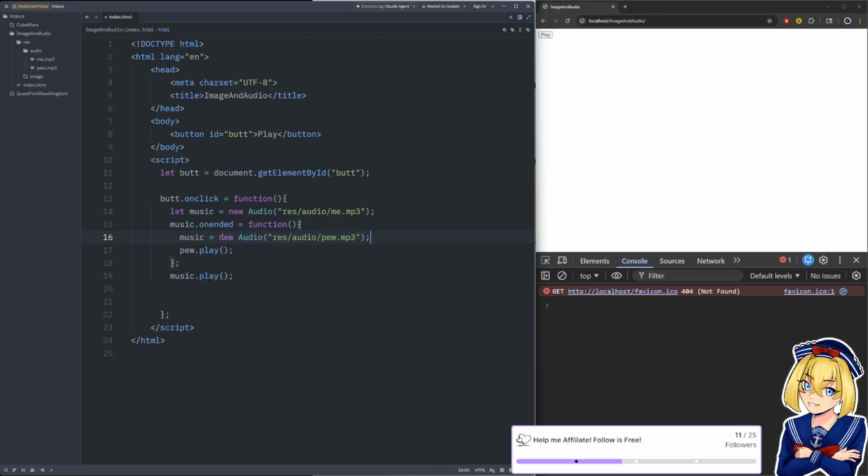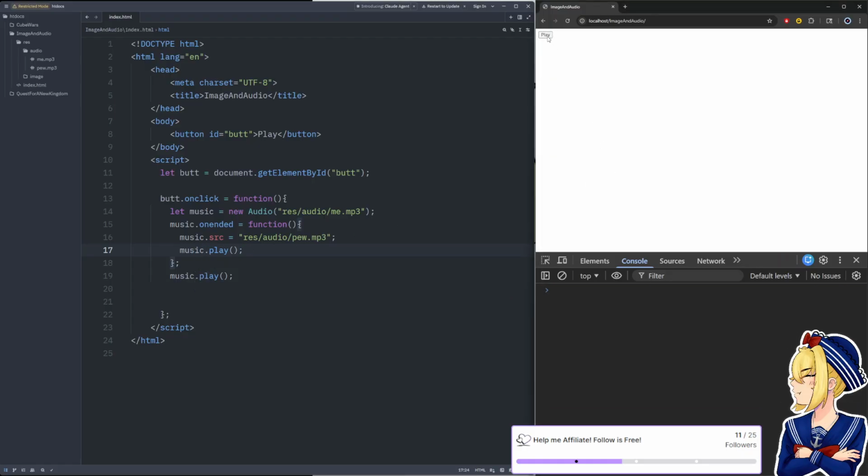If we just change the source, so if we said music.source equals res audio pew.mp3, then I think you might have the timeline still stuck at the end, and it might not actually play.